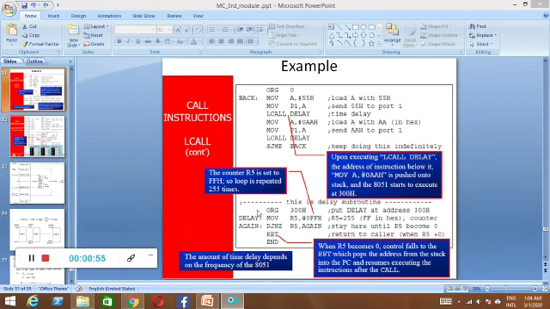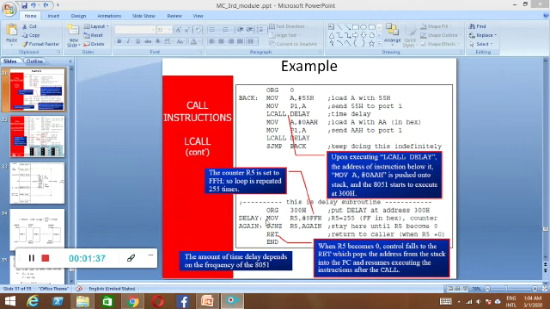As soon as it is taken here, it is going to execute the instructions available in the delay subroutine, and it is going to execute all of this. Once it gets this RET instruction, again it is going to come back to the original. As soon as LCALL DELAY comes, the next instruction is this one, where the accumulator is loaded with 0AH, right? The address of this next instruction will be loaded onto the stack memory,